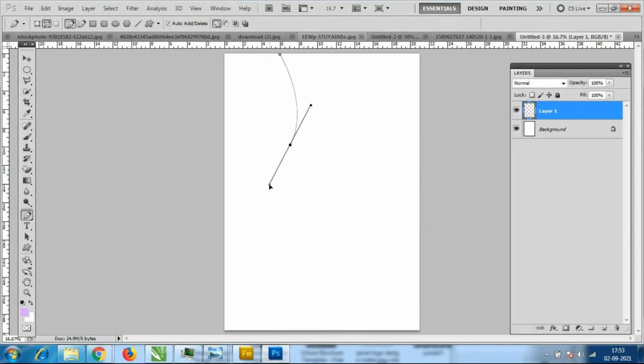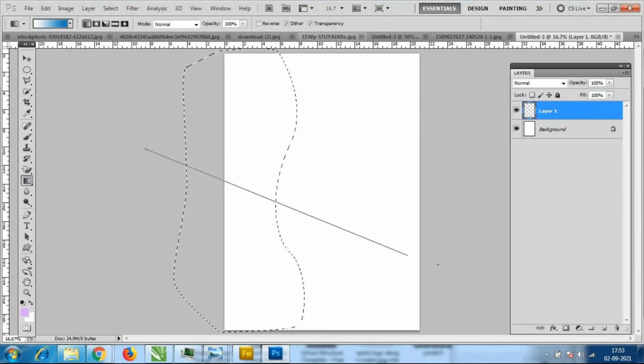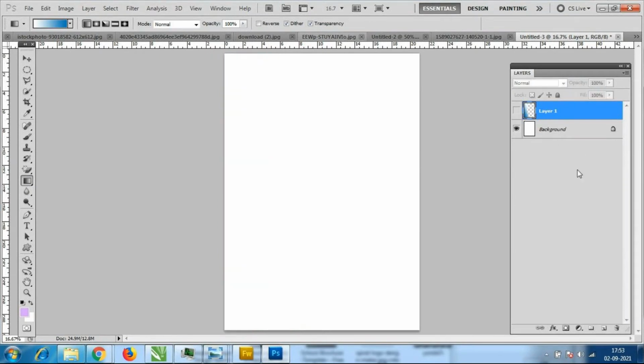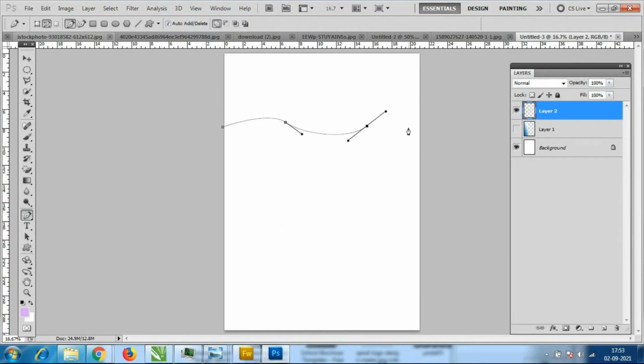From the outside, wherever you selected, Control Enter, and give the color, whatever gradient colors you want, and just hide it. Then go to a new layer and again create one more shape like this.